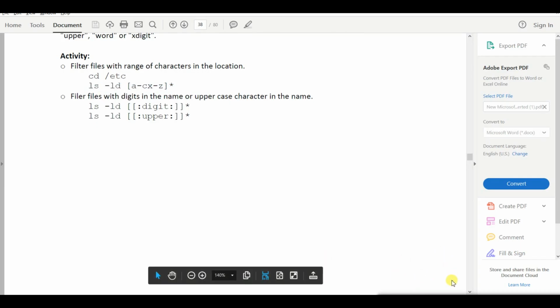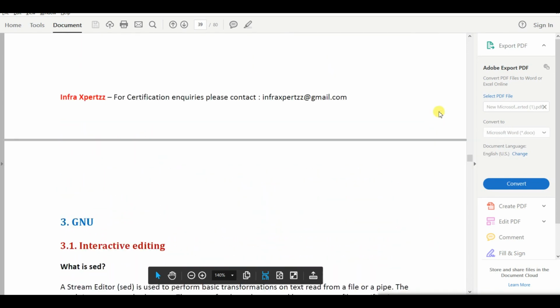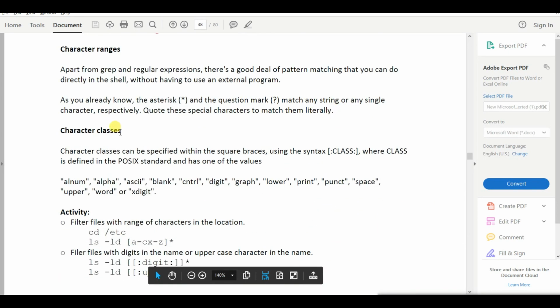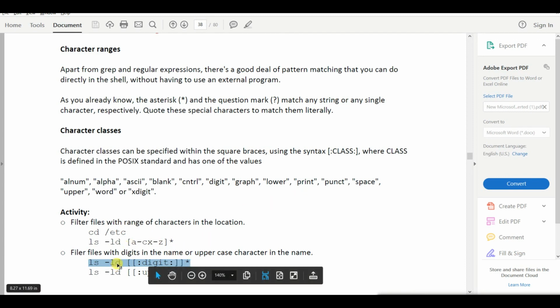What are character classes? Character classes can be specified within square braces using this syntax. Now, if you go by the example in here, what will this example do? ls -ld means directory.